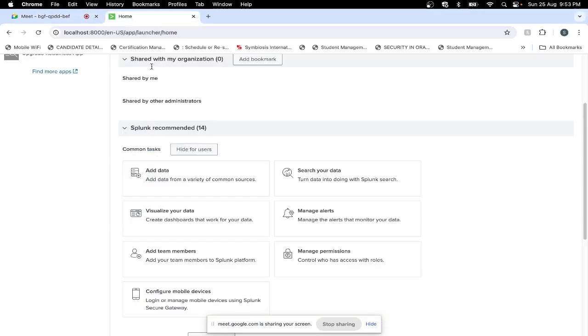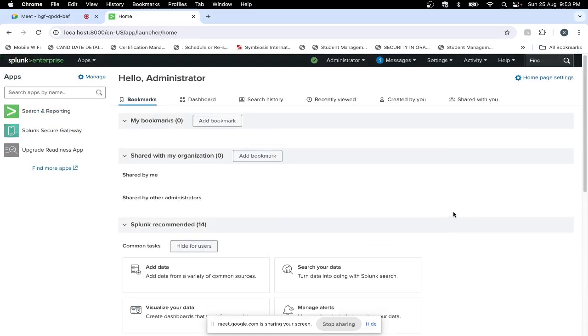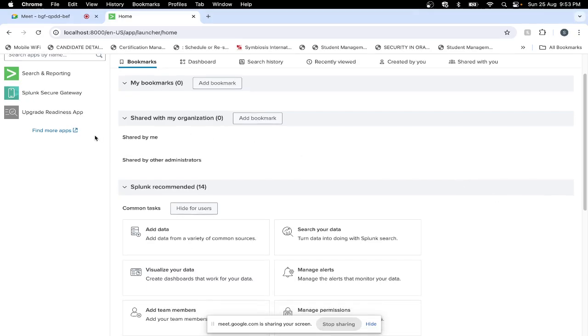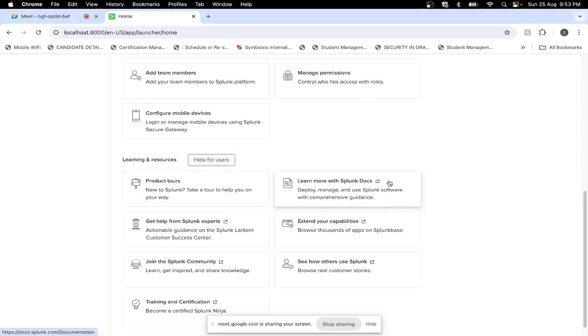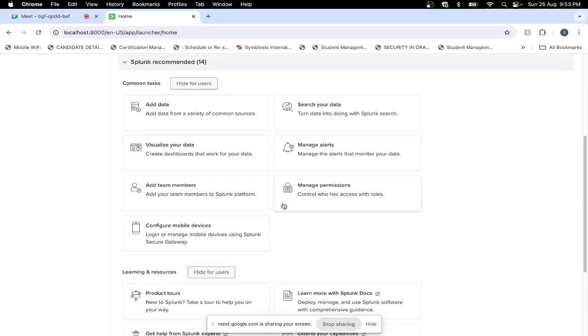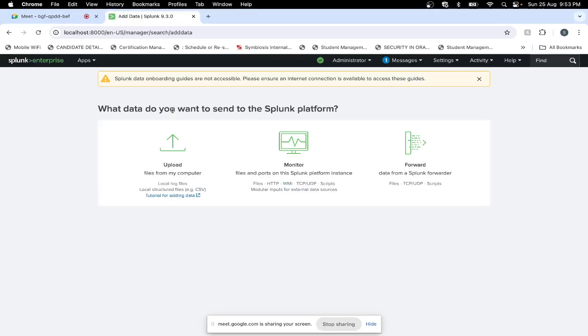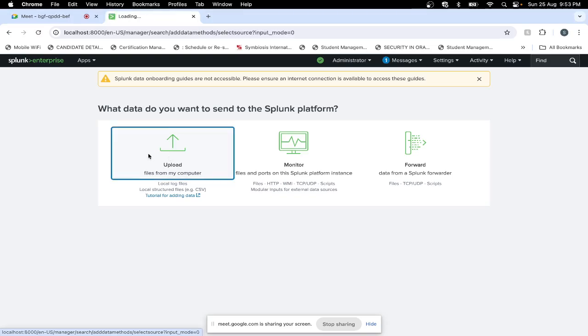Okay, so this is the overall interface of Splunk, as you can see. Once you ingest the data, you can search your data, and you can visualize your data as well. So let's say I want to ingest one particular data. How will we do that? We will click on add data. This is basically the onboarding of the Linux operating system logs. I'll click on upload,